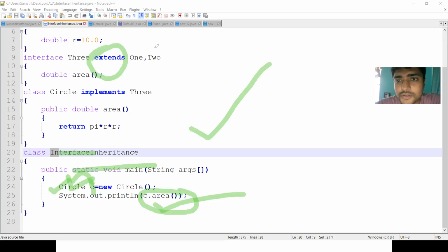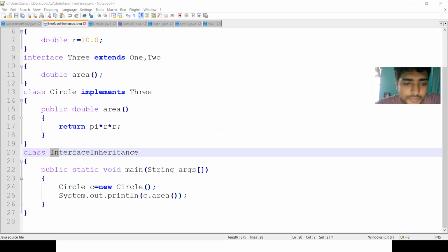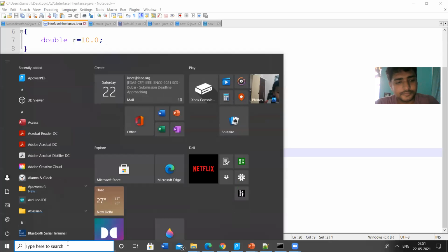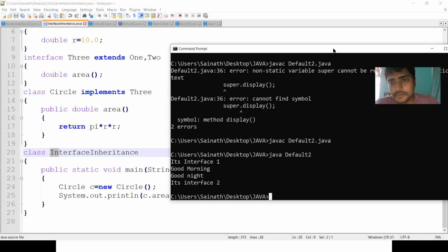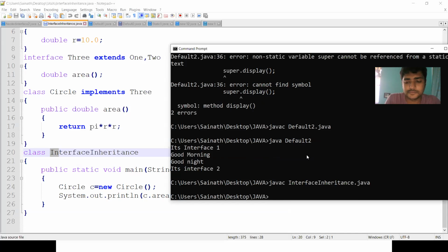Let us check the output. The program name is javac InterfaceInheritance.java. So the program is compiled.